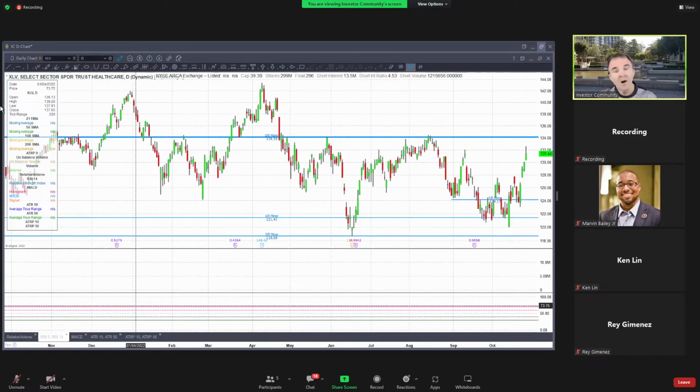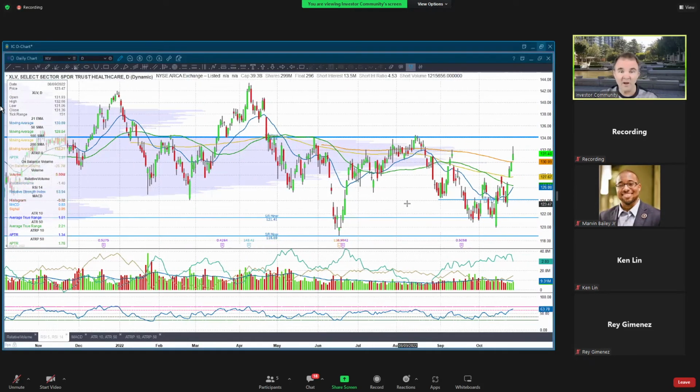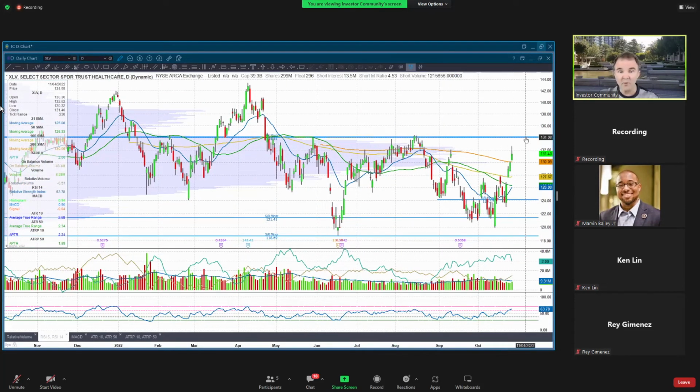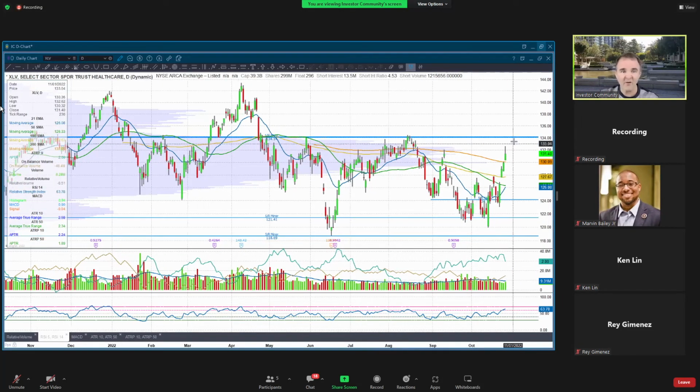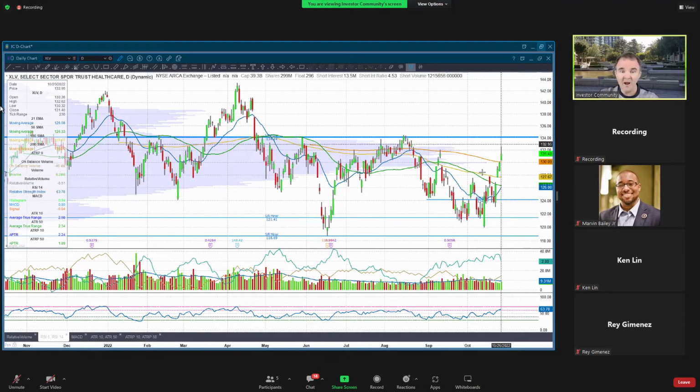Healthcare. Healthcare has been rocking the last few days, or the last week. Really big moves here. Coming into resistance, though, this is stretched, right? And a candle like this is what you expect to see on something that's a little stretched, especially as we near resistance. This could have another up day, but I think it would be healthy for this to consolidate somewhere, whether it consolidates here or moves up a little farther and then consolidates. But this is a space that, on a little pullback or a consolidation, we might want to be looking for plays in this healthcare space.